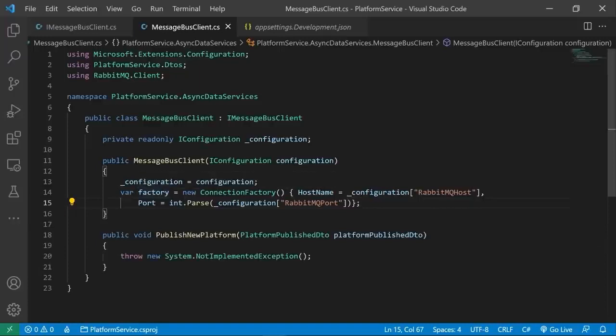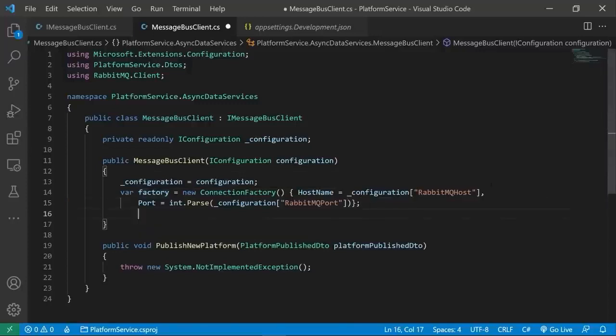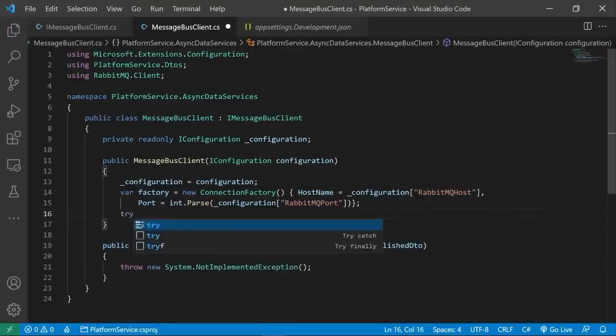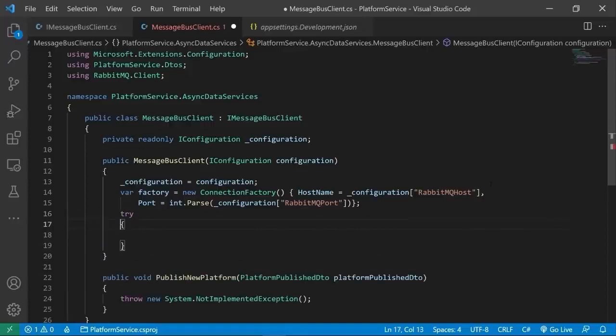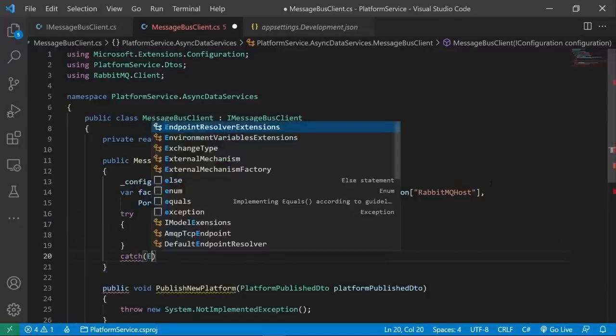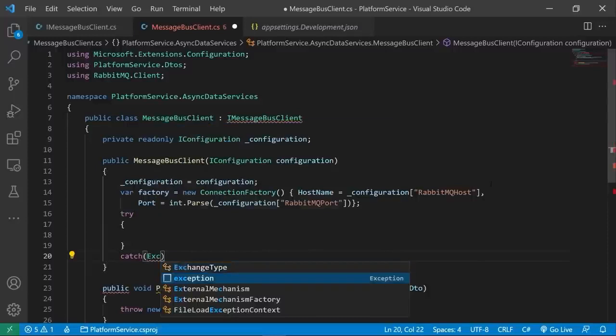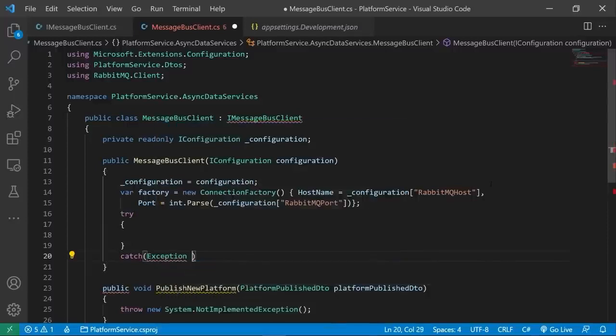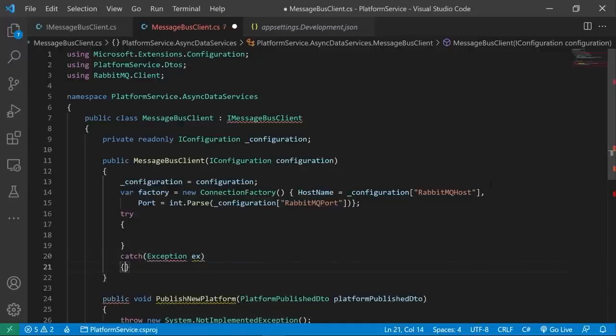Fantastic. So we've got this factory, connection factory object now that we can actually build connections off of. So this next set of stuff we're going to put into a try catch block. So try, because obviously stuff can go quite wrong here. Catch, we'll catch the exception. We'll call it ex, and then in here,